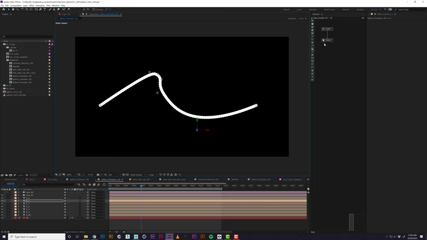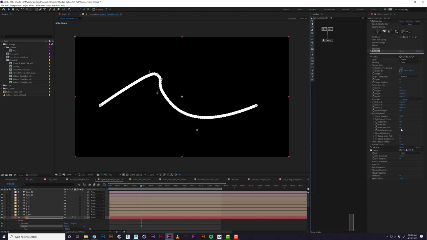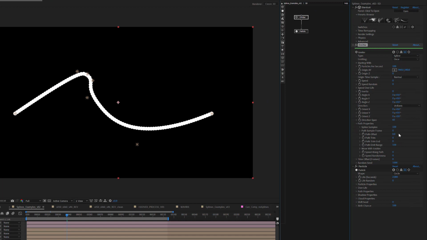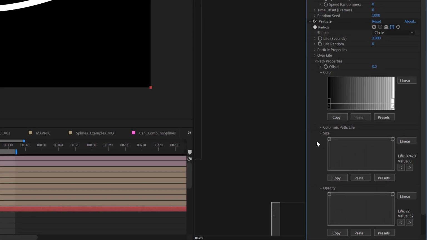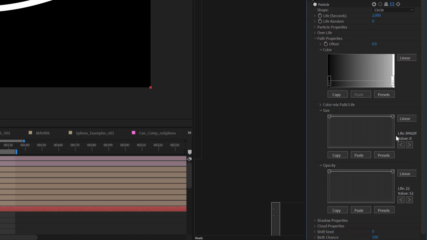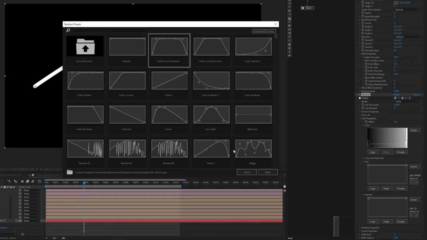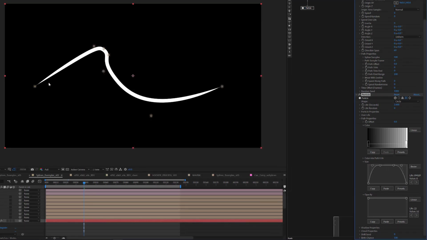the aesthetic of them. So first off, most of your properties are under the path properties here. So if we increase our samples, if I set this to say 500 at this size, we'll start to get a really smooth line. Now, usually what you want to do is taper this. So under your particle, you have path properties. And now, since we have a path, you can start controlling these with these graphs. So let's say we wanted a kind of fade in, fade out on our stroke here. So now it tapers really fine, it goes to 100, then tapers at the end again.